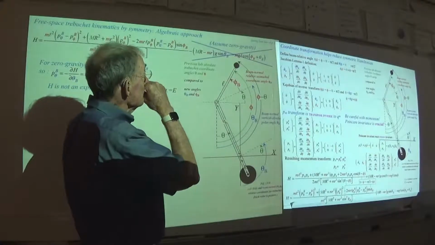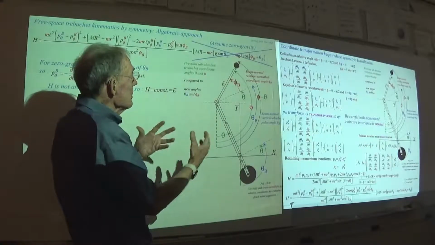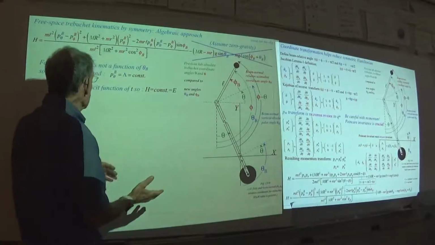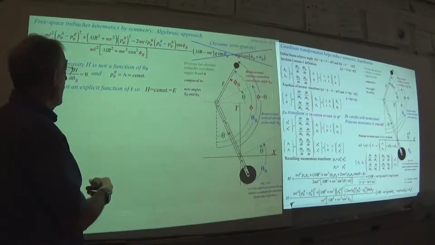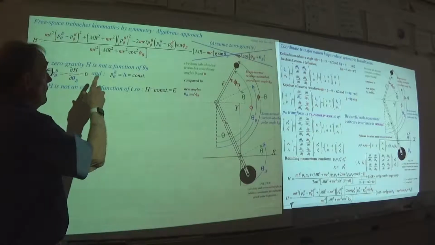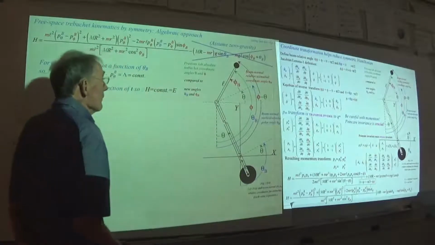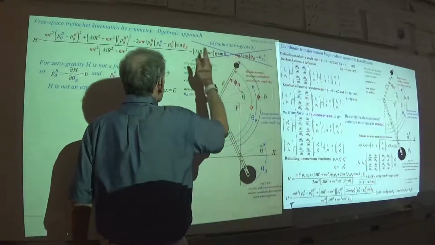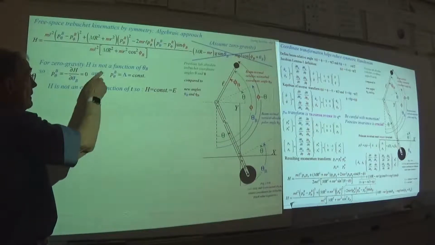But here, I'm imagining that some impulse has come and gotten both of these momenta going, and the idea is if we have this removed from the Hamiltonian for zero gravity, it's not a function